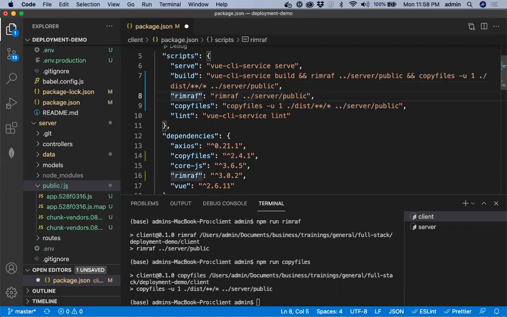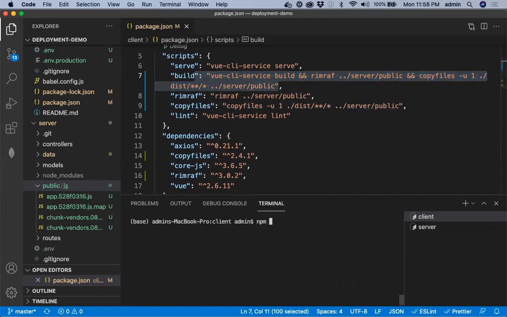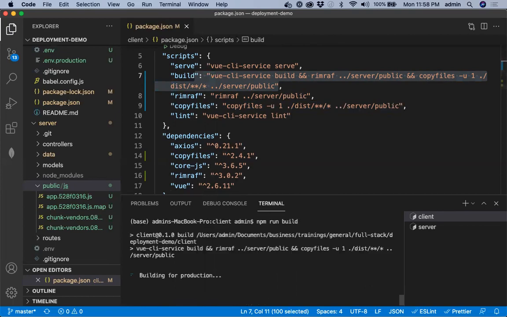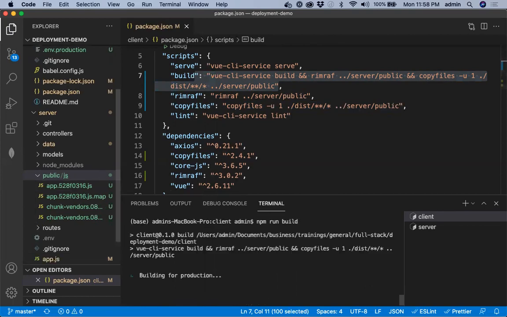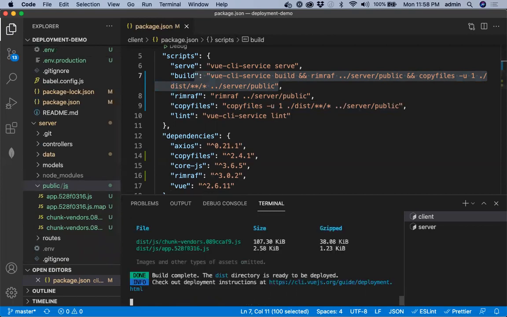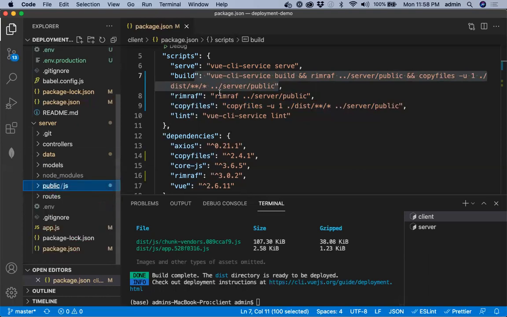I believe it's called npm run all or something like that. So if you do it like this on Linux and Mac, you can simply run npm run build. That is sufficient. And it will build and it will delete the public and recreate the public folder in server.